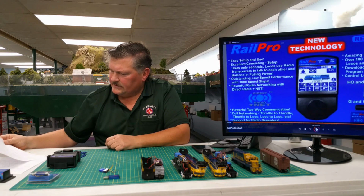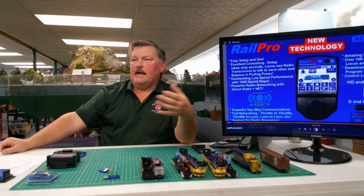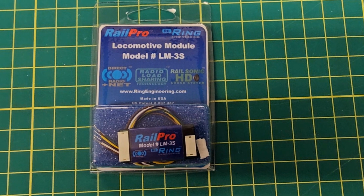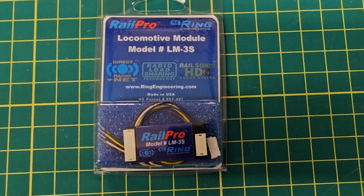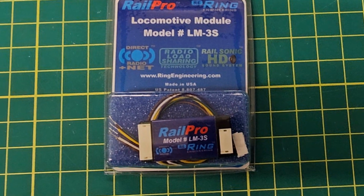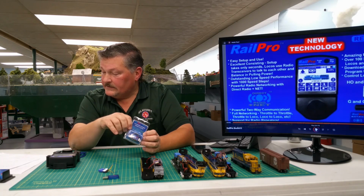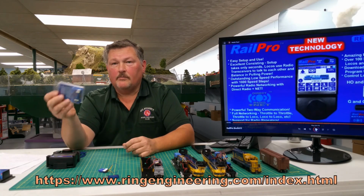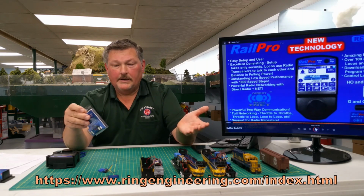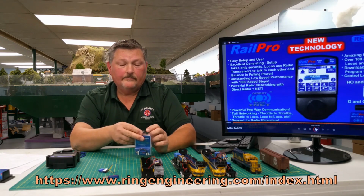Let's talk about some of the challenges, and I'll be totally honest with you. This isn't all beauty and hey, we got to do this. There are some challenges that come with this. One is the module, as you can see, is not standard size. There are some challenges in installing it in HO. I will admit that, and I will say the website, because it's proprietary, a lot of this stuff comes from the website, and you have to use the website in order to download some of the base files. It can be clunky. However,